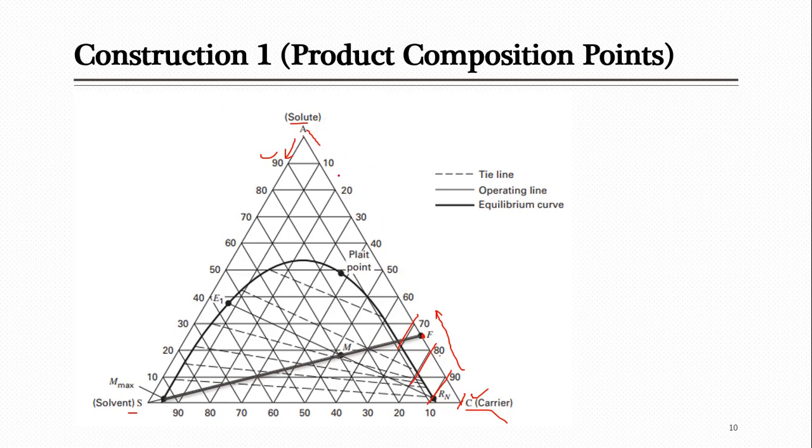And you remember that this is the binary edge in which the binary components exist, only the solute and the carrier will exist on this. So when one is 76%, the other will definitely make the sum 100%, so it will be 24% solute. We can verify it because solute here, you can see on this side, this is a line of 20 for the solute, and then there is 30, so in between them there is 24. So this point of the feed will be located actually.